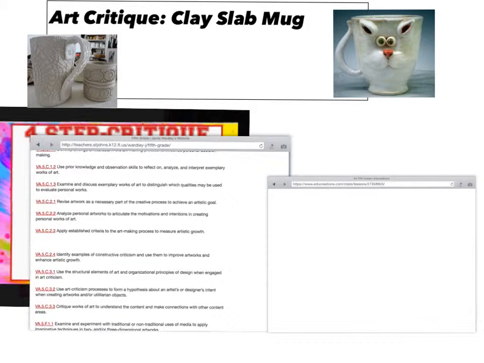Today's art lesson is called an art critique. We are going to be learning how to critique one of our art projects called the clay slab mug. Our standards that we'll be addressing today are to use prior knowledge and observation skills to reflect on, analyze, and interpret exemplary, that means awesome, works of art. We also want to examine and discuss awesome works of art to distinguish which qualities can be used to evaluate